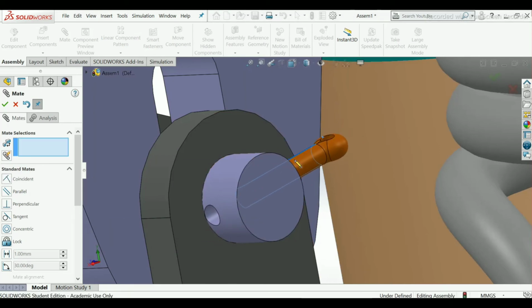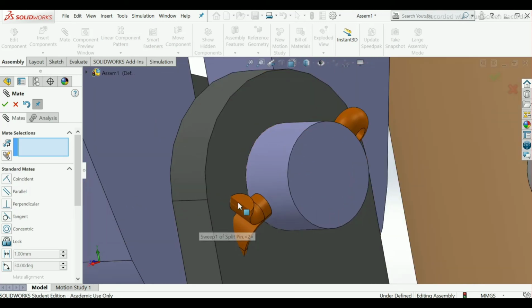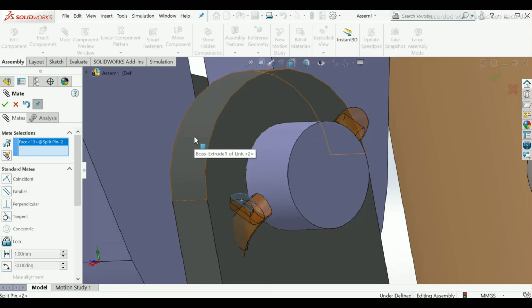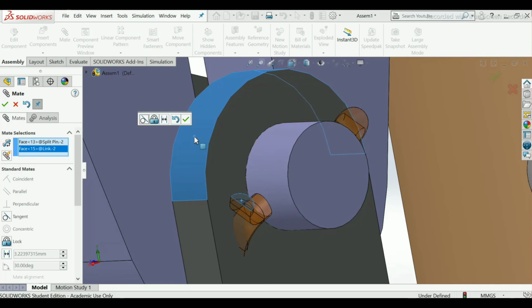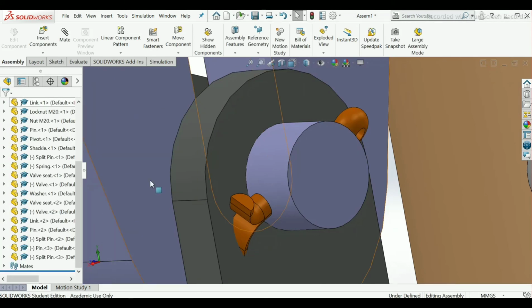Drag this component to the inner side. Now select this face and this face, or keep it as it is.